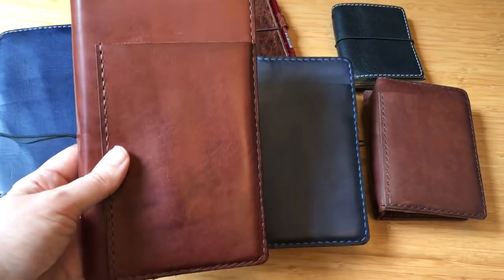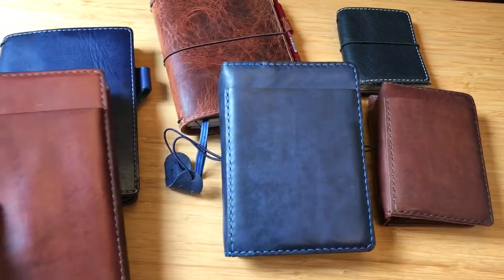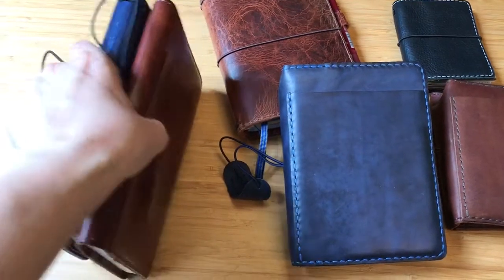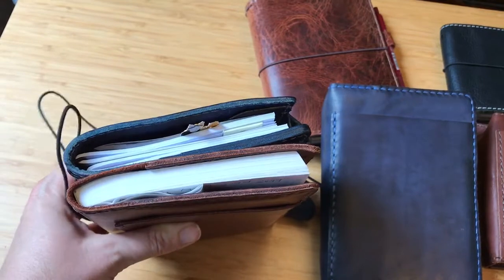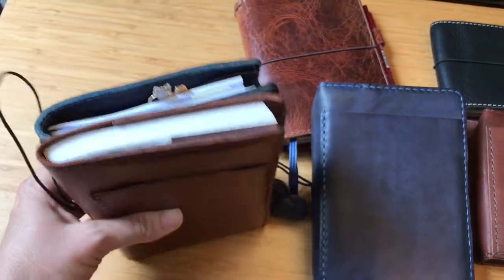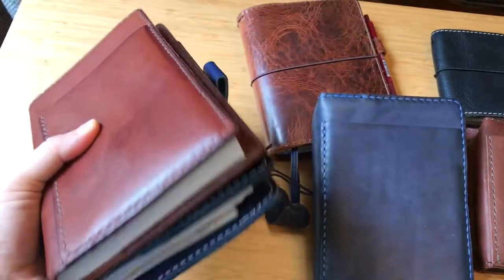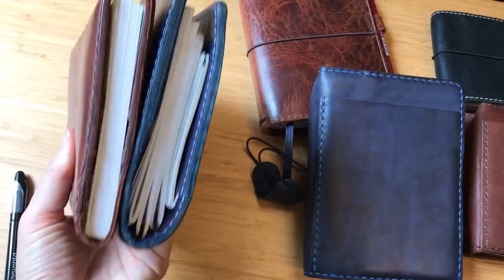Again, this is the HandstitchedleatherT, and this is her B6 Slim folio size. And I just wanted to show you what that looks like in comparison to a Chic Sparrow B6 Slim traveler's notebook. Obviously, this is not a folio. B6 Slim is not a folio that Chic Sparrow makes. They have started making B6, and so you can see the size is very similar as far as traveler's notebook goes, but